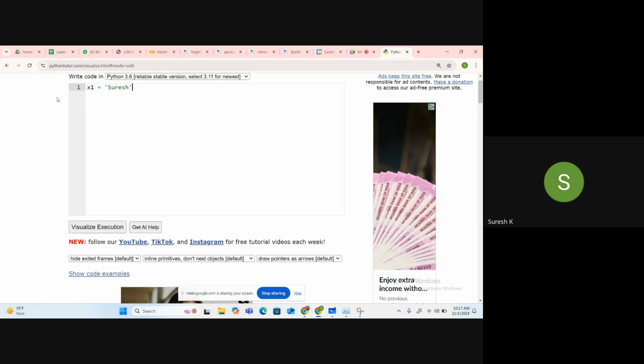X1 equal to Suresh, X2 equal to Sripad, X3 equal to Venkat, X4 equal to Vicky, X5 equal to Rajesh.